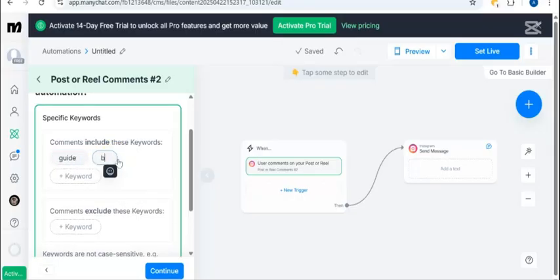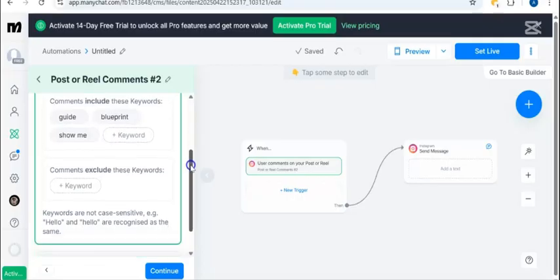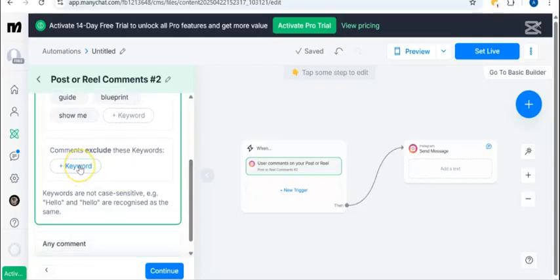You can add blueprint. So anything that you want people to comment or what you will tell them to comment. Okay, that's just an example. So if anyone comments on guide, blueprint, show me,